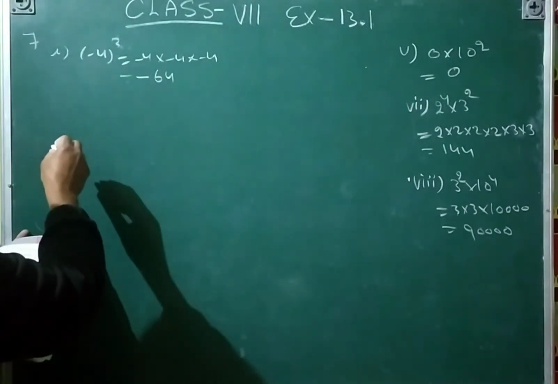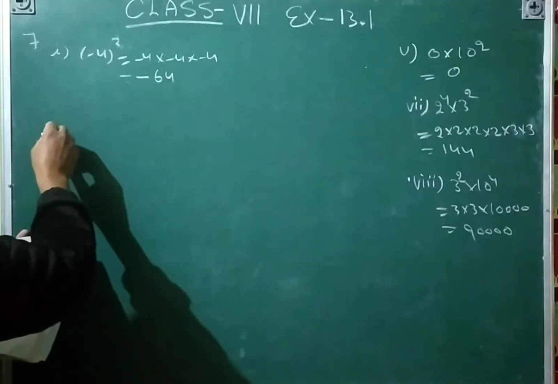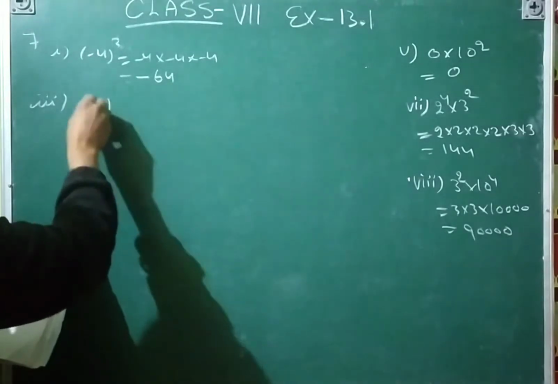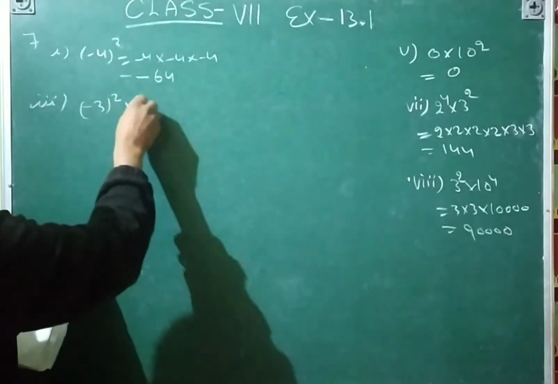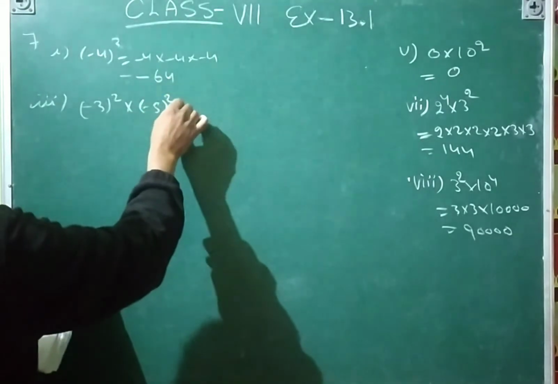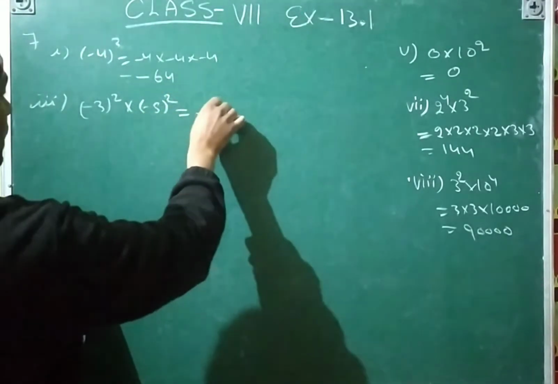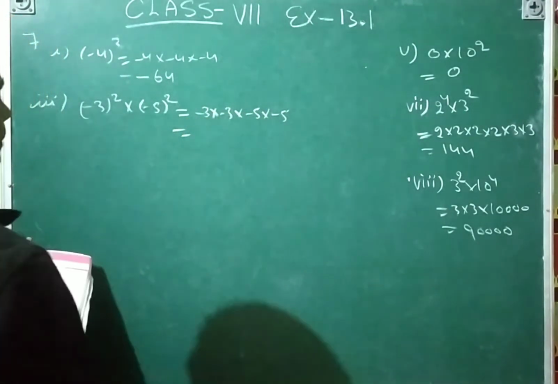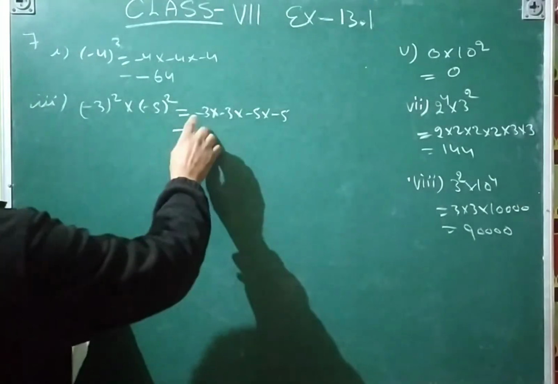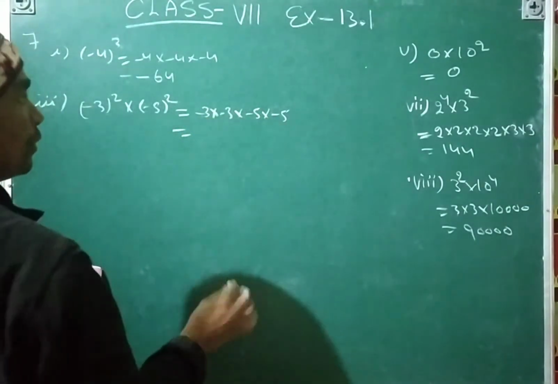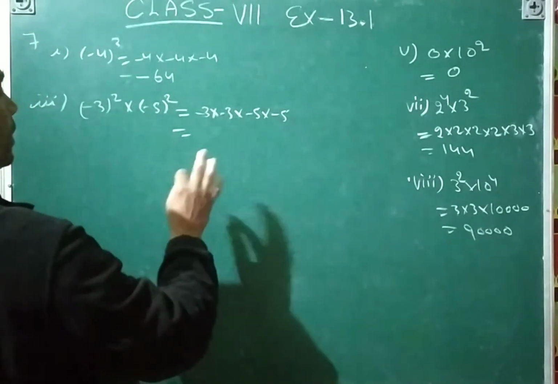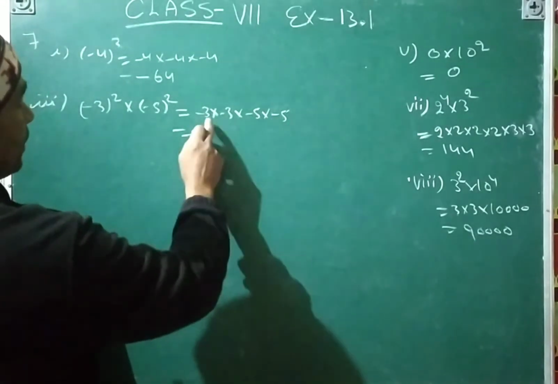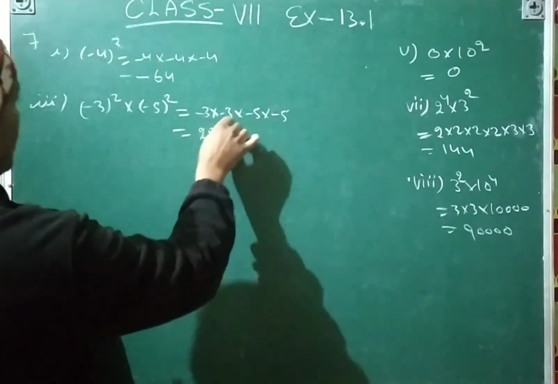See the third part. Second part you can do -3 square and then multiply -5 square. So that is -3 multiply -3 multiply -5 multiply -5. So first of all we will count the sign. How many times minus has come? 1 2 3 4 times. So 4 is even. So we will not write the minus here, that will become plus. So 5 threes are 15, 15 into 15 is 225.